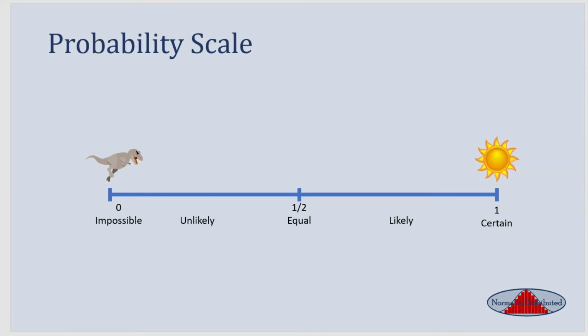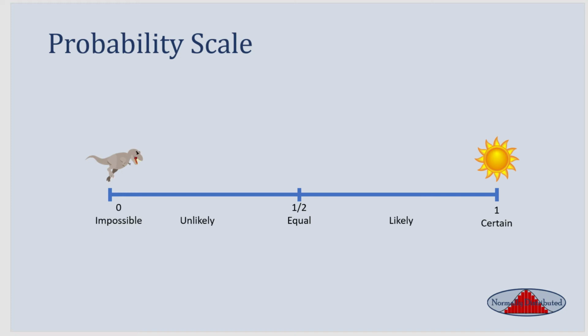Now, what about everything in the middle here? You see right in the middle we have a 50-50 chance. It's equal percentage that the event will happen and that the event won't happen. Think of this like a coin toss. When you toss a coin, there is an equal chance it comes up heads as it comes up tails. All right, so now we have our bearings straight on the probability scale and some of the major markers: impossible at 0, equal likelihood at 50%, and 100% certain at the 1 mark on our probability scale.